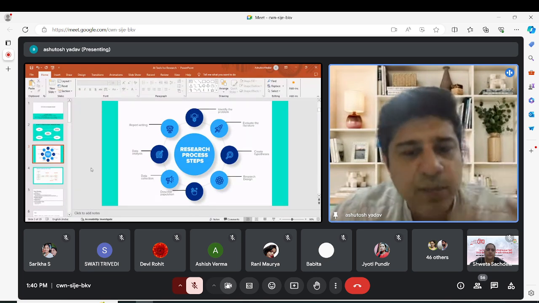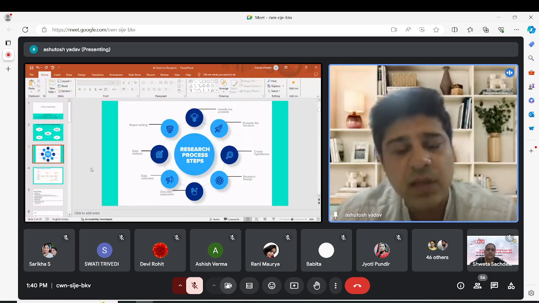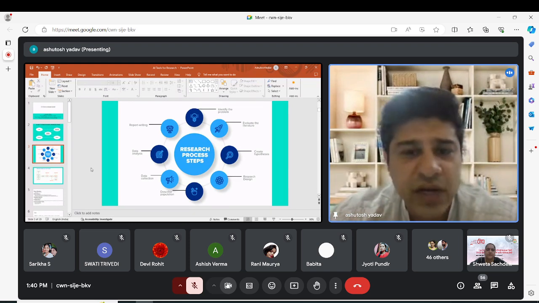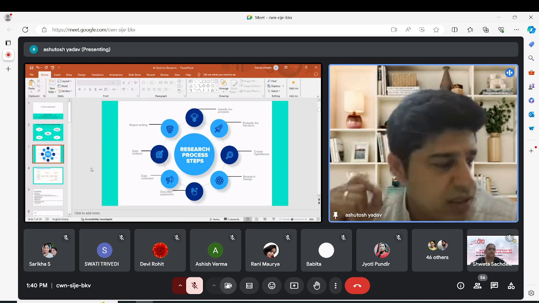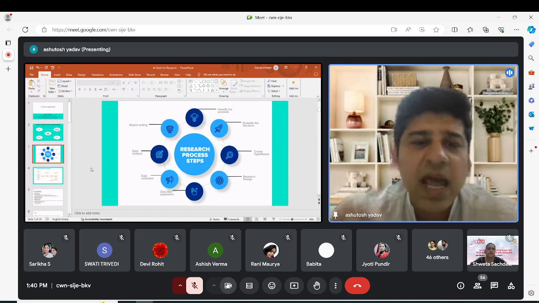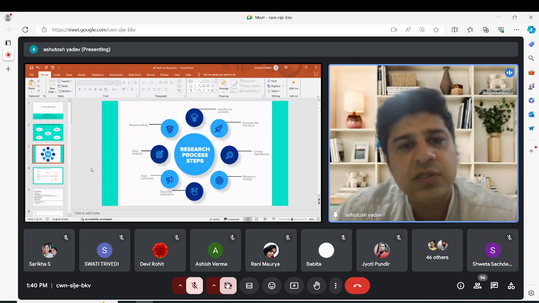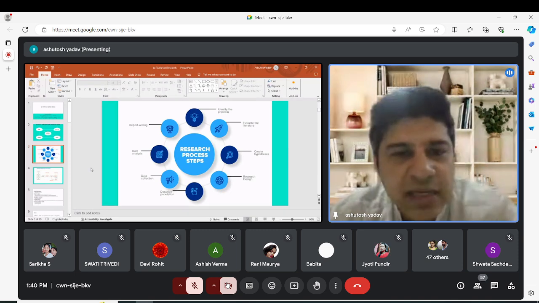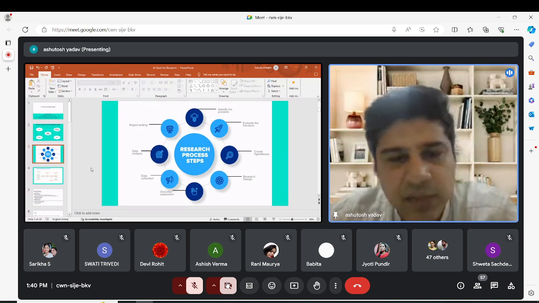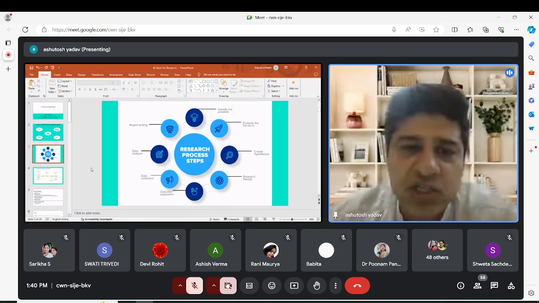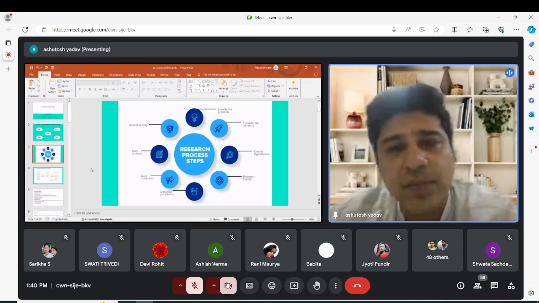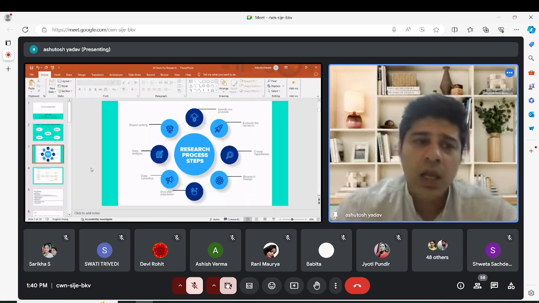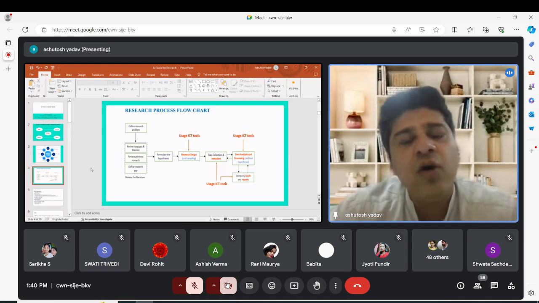We describe the population, the sample, the sampling technique, and the method of data collection, the methods and techniques of data analysis, and interpreting our results, writing the implications in the report, and finally submitting the report. That can be in the form of a manuscript for a particular journal. It can be in the form of a working paper if it is done for an organization or for a research organization. Now, where does the AI or the ICT